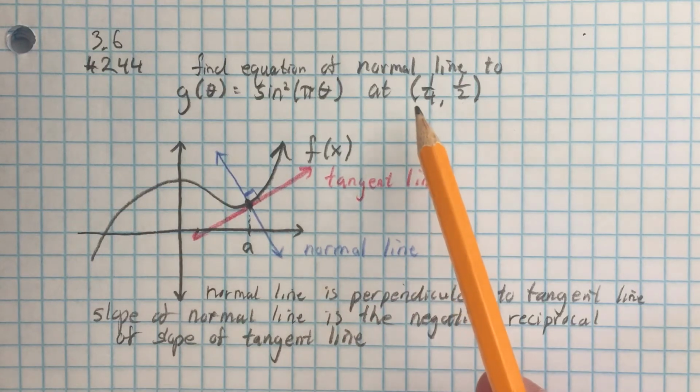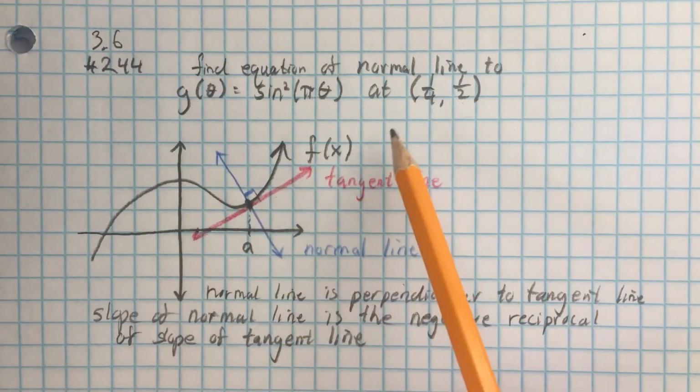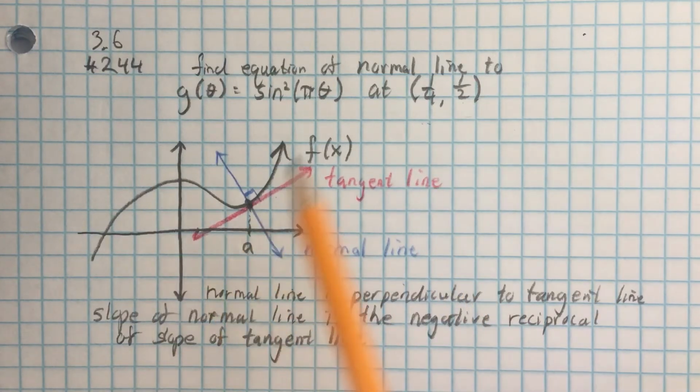And then we can still use the exact same point, right? The function, the tangent, and the normal all share the same point. And we can plug that point in and then find the y-intercept. All right,